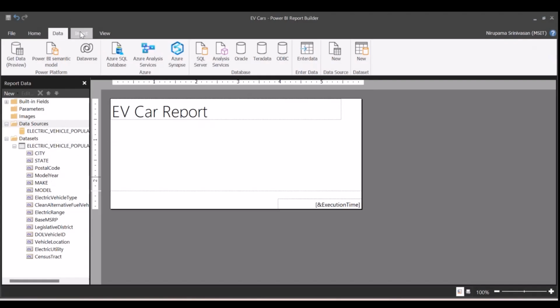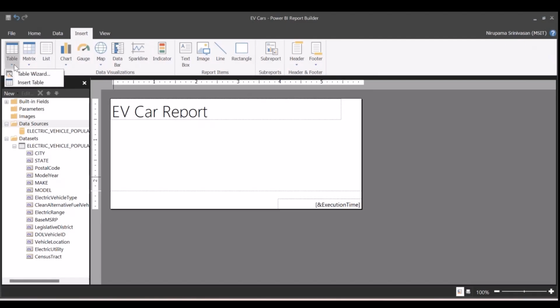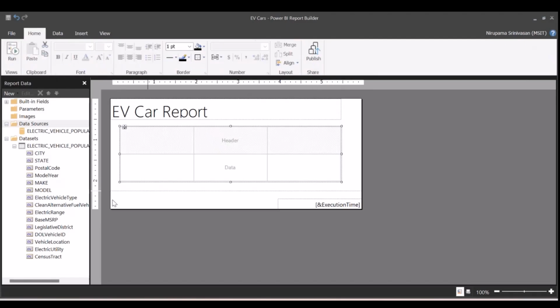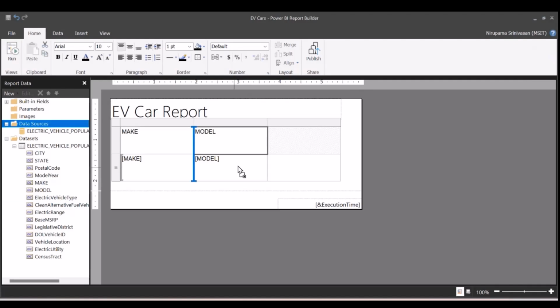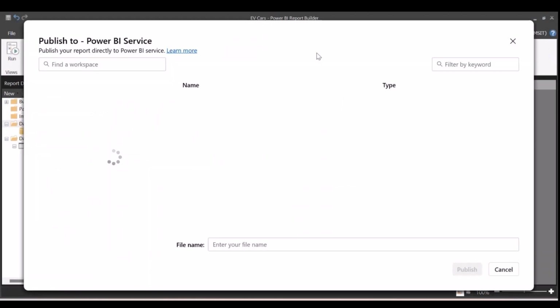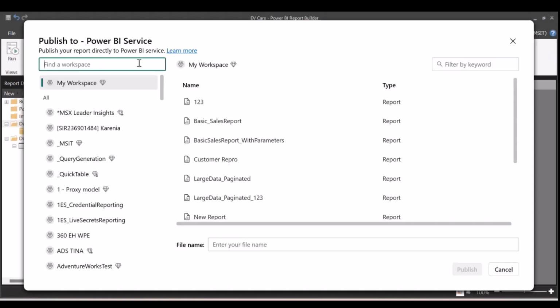I'm going to create a very simple report. Let me insert a table with three columns. Let's say make, model, and EV type. As you can see, I deleted VIN in my Power Query, and that doesn't show up as part of the data set. So this looks okay. So I go ahead and publish this report